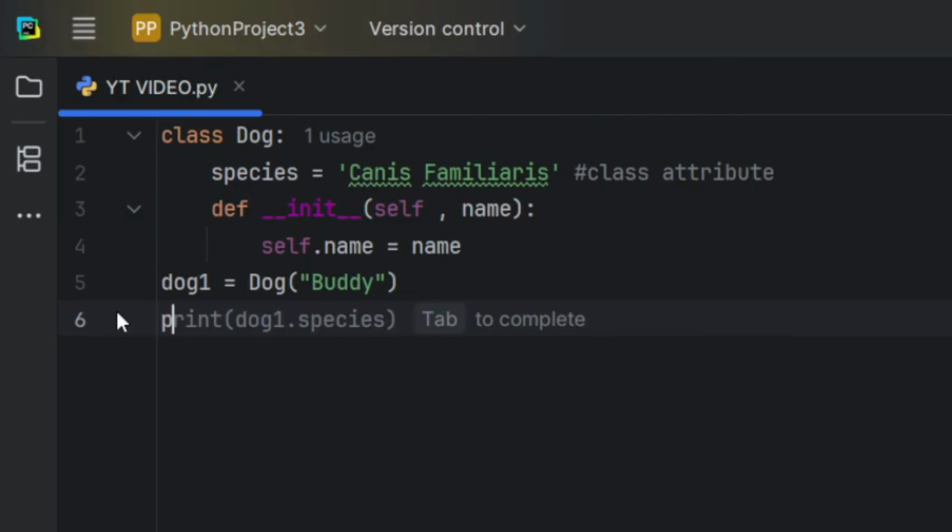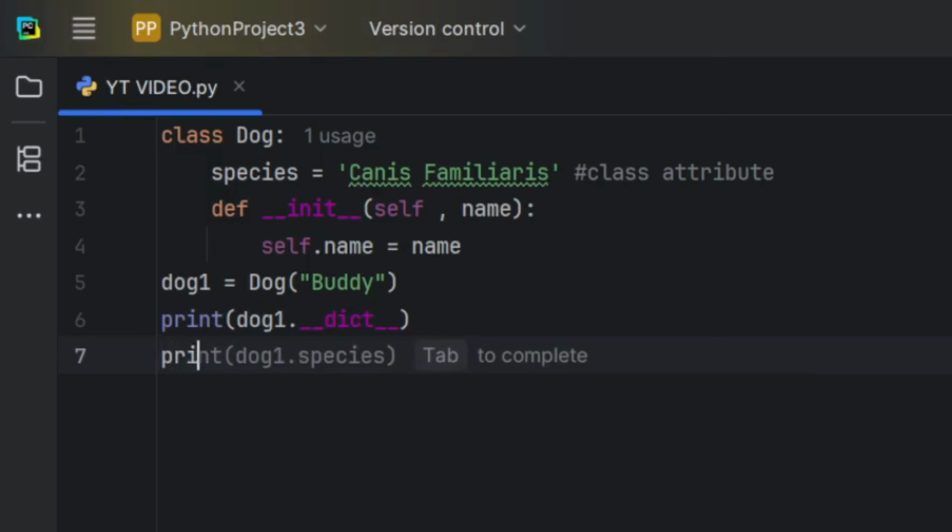So we just have to print dog1.__dict__. And if you want to see the attributes of a class, we just have to print Dog.__dict__. As you can see over here, if we declare the object and dict after it, it gives us the object attributes. But if you declare the class and then dict after that, it gives us the class attributes. So if I were to run the code,